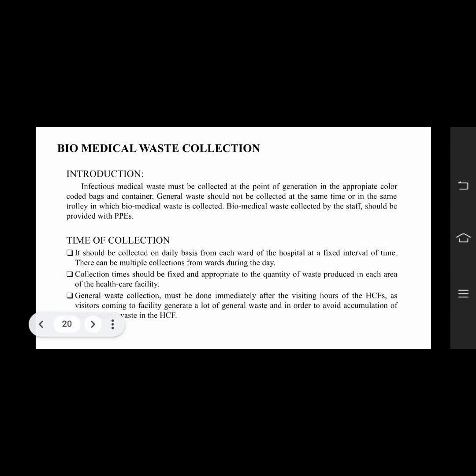Then, how the biomedical waste is collected. For the time of collection, there should be a specific proper time. Different hospitals have different timings for collecting the waste, whether when it is full at that moment, or if they take it in the morning, in the night, in the evening or in the daytime. Next we're going to